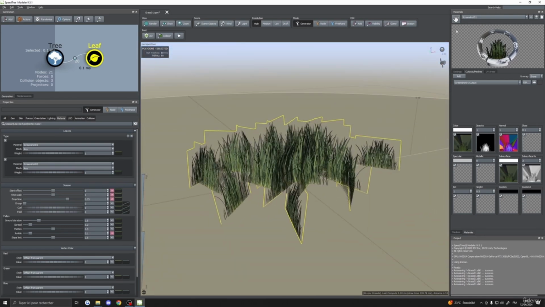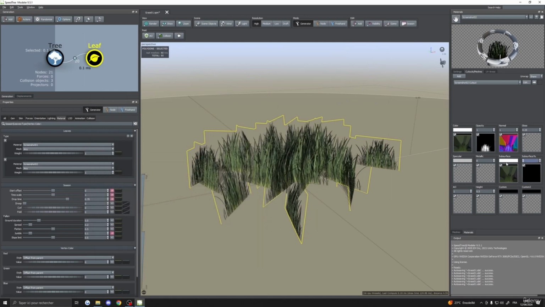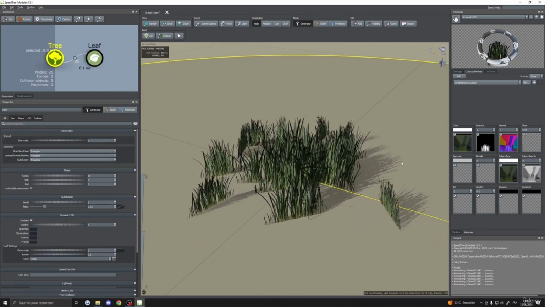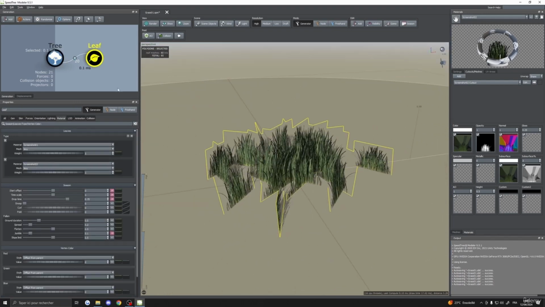One thing that we forgot to do is we need to add subsurface to the screenshot too. So I'm going to go into my folder and add the color inside subsurface, and we had a value of 3. So I'm going to add a value of 3. I'm pretty okay with the result. And so now one thing that we can do,